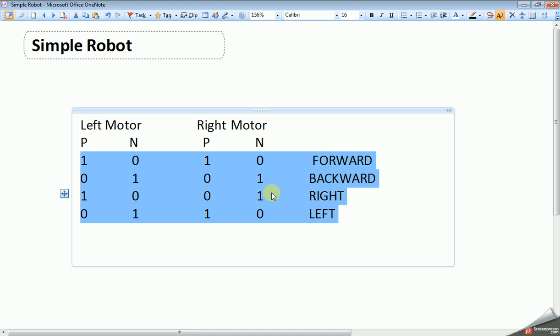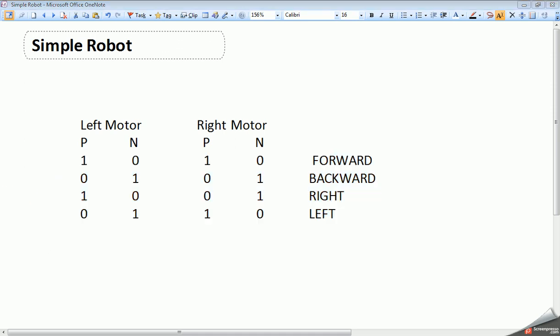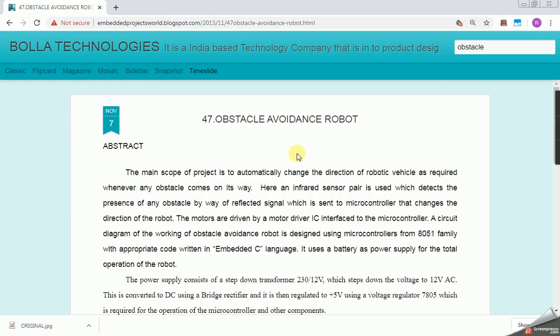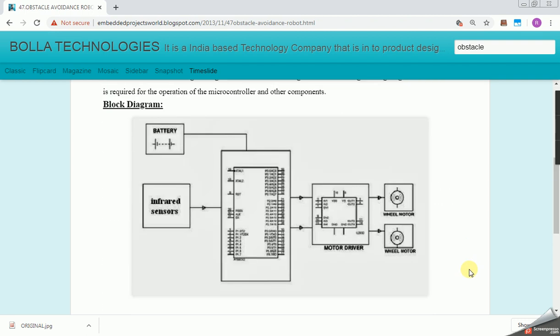Before starting the program, let's see the block diagram of the obstacle avoidance robot. This is my blog, you can visit it. There are different projects available. This is the block diagram of the obstacle avoidance robot. As you see, there are different blocks: power supply and microcontroller.